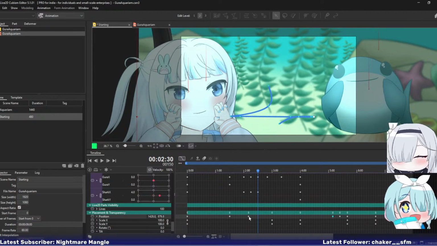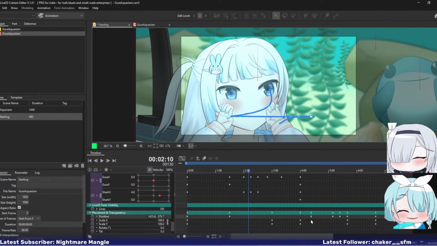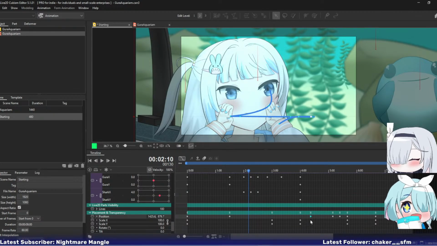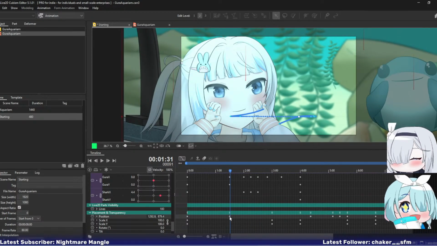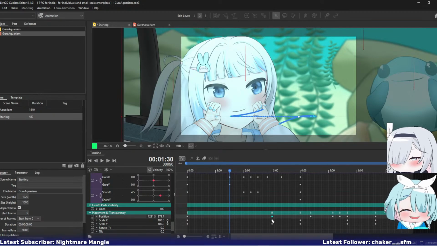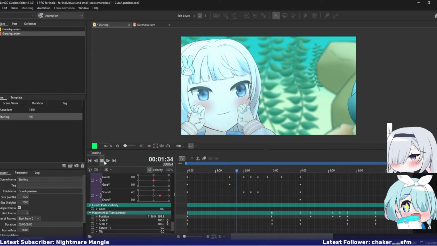Then this point will be like over here somewhere. And then this point will line up about here. And that should give me the same camera work as before, but